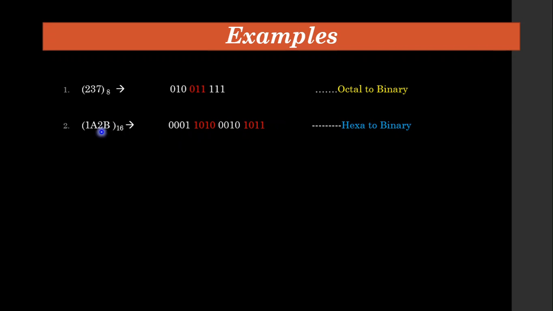You can see here, for every one digit we expanded to 4 bits because the hexa value is actually 4 bits maximum. So you have to fill in with the 4 bits. Then for 2 it is 0010. Then for A it is 10, so 1010 is the 10 value, and for 1 it is 0001. So I have to fill in 4 bits for each one hexadecimal digit. So this is how to convert from hexadecimal to binary number.